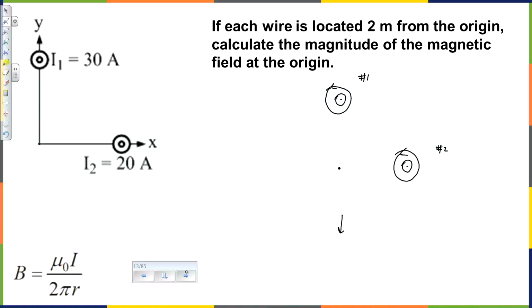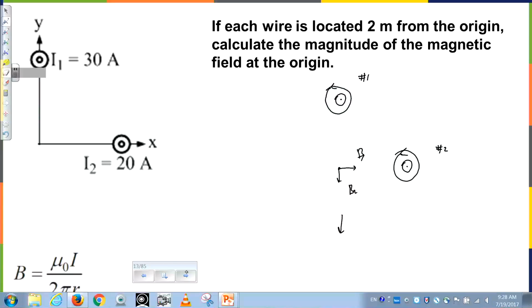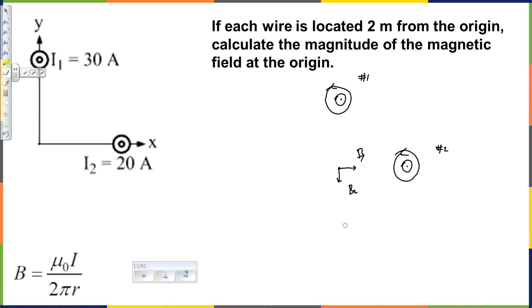Right, you're right. B1, B2 is down, for some reason. And now we can draw the net. This is the part where by now we shouldn't think. This is a standard procedure, tail to a head. Why is it important? Well, depending on the shape, we use different types of geometry.